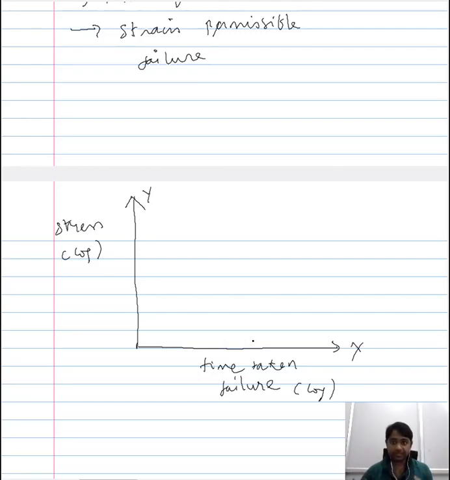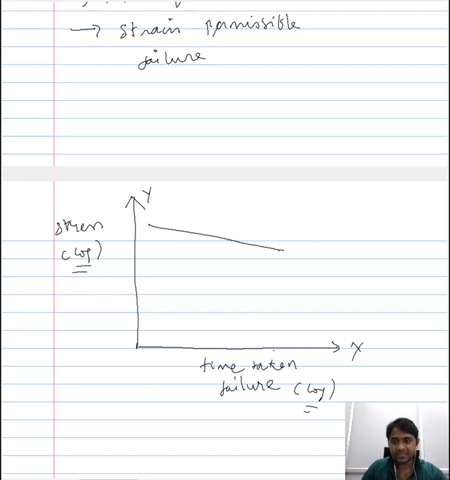and you perform a huge number of stress-rupture tests, the results generally would look something like this: at high stress the time taken for the failure is quite low, and as the stress decreases, the time taken for the failure increases. This is something that you can intuitively understand, and particularly we should remember that this is a log scale representation. So in a general sense, when you present the numerous results that you get from several stress-rupture tests, you present them in a way wherein you include the stress